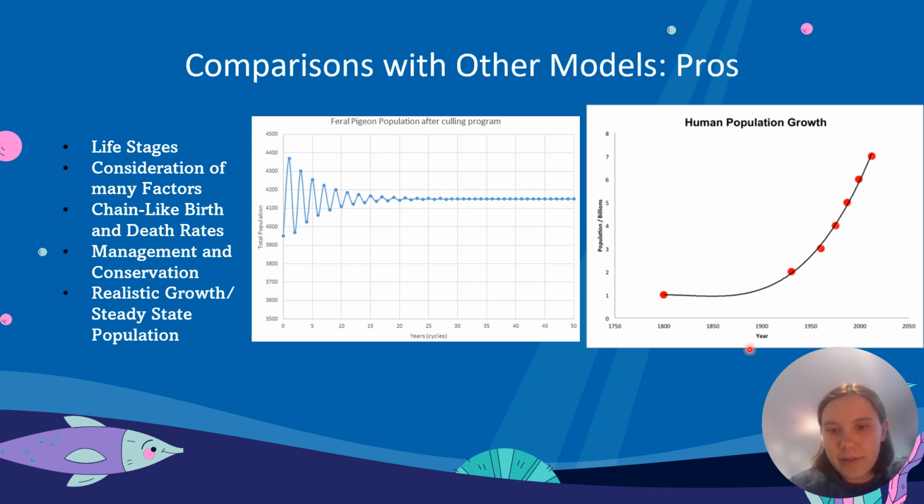And that's very different from the exponential model that we see here, which, as you can see, just increases at an increasing rate over time. So very different models, and we'll be discussing the pros of the matrix one. So getting into that, number one pro is that the matrix model has life stage differentiation and allows the